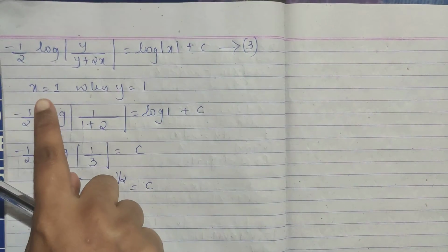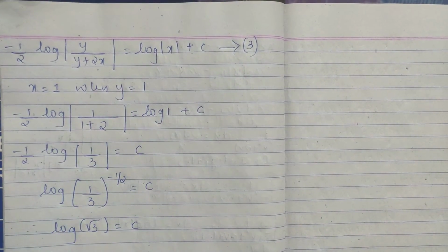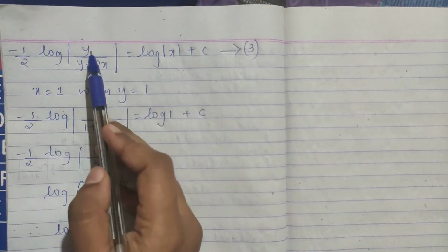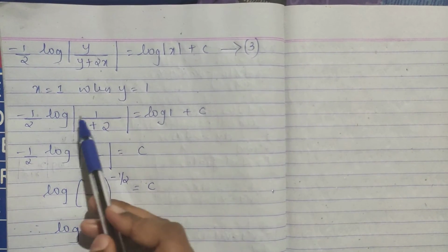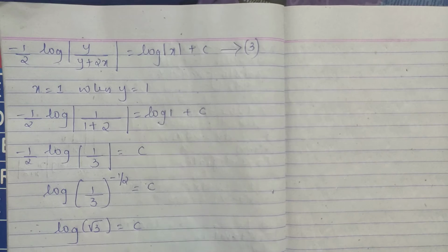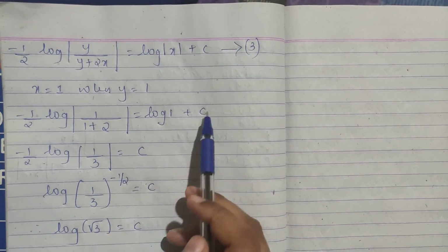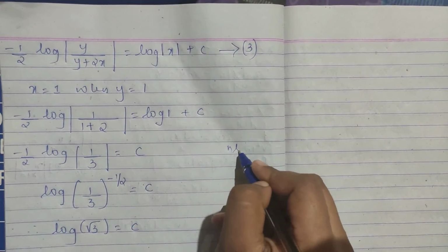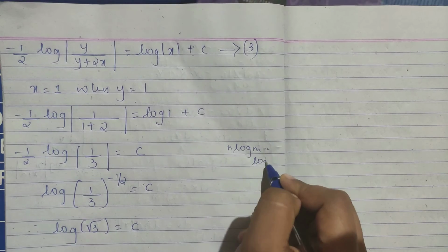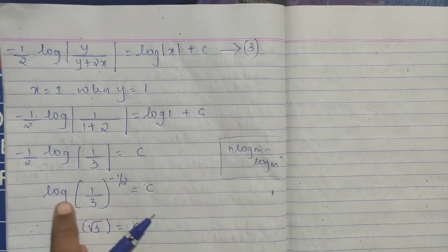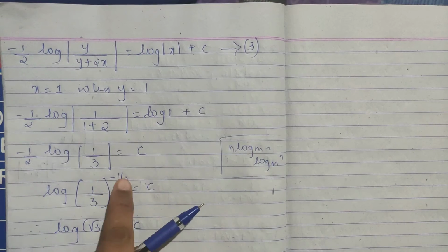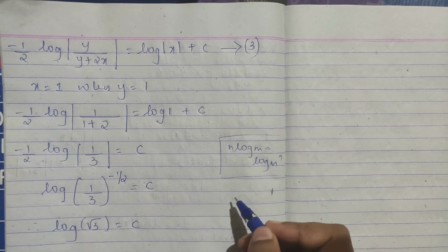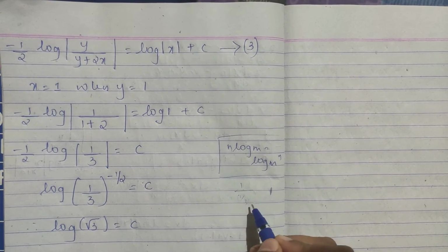Now use your points, x is equal to 1, y is equal to 1, because for a particular solution you don't need any arbitrary constant, so this is a constant, right. So y1, x1, put the values, so you will get 1 by 3, log 1 is 0, please you should know this, log 1 is 0. So see here, log 1 by 3, n log m is equal to log m raised to n. So the same form, log m raised to n, minus 1 by 2 equal to c. So it is minus 1 by 2, 1 by 3, minus means it goes to the denominator, right. So 1 divided by 1 by 3, so this becomes 3 itself.